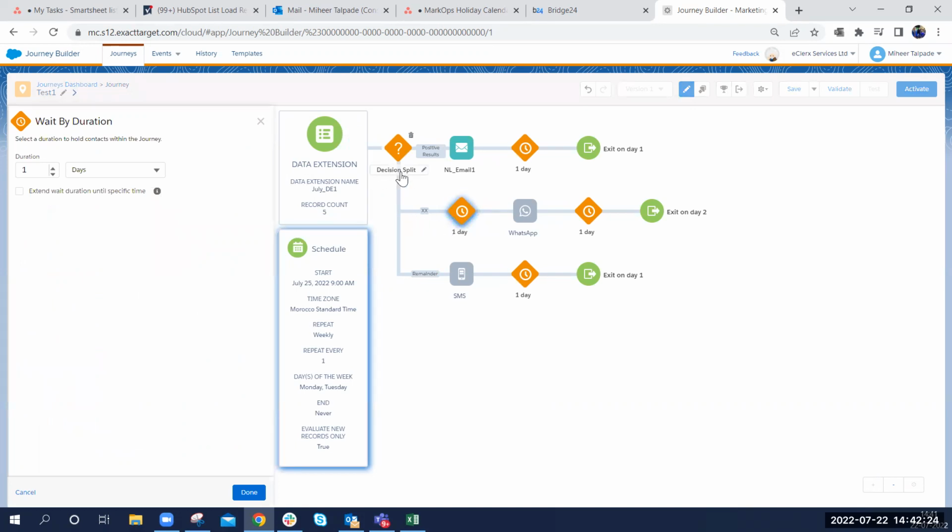Again, this can happen Monday or Tuesday, right? So if you wait for one day, if it has happened on Monday, then the WhatsApp will go on Tuesday. If it's happened on Tuesday, then the WhatsApp will go on Wednesday. So you can play around with that. Or another option, what you can do is